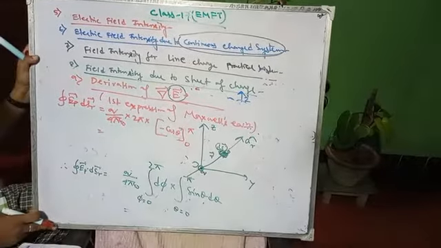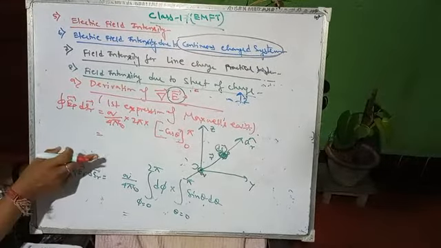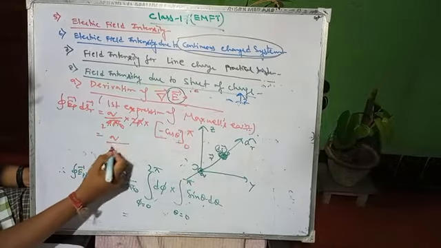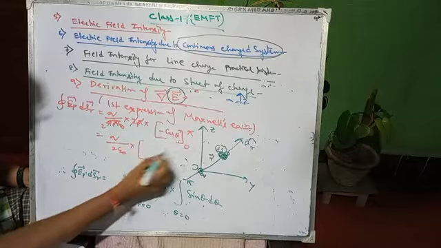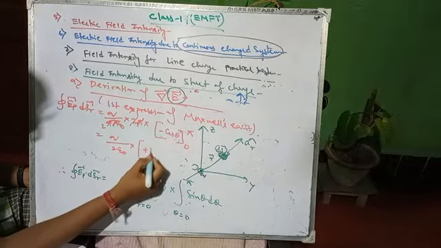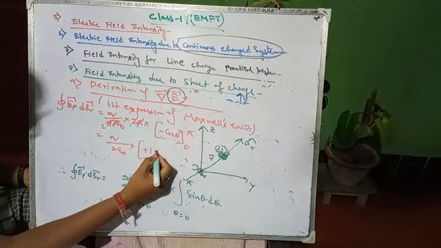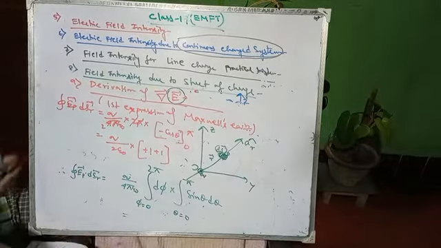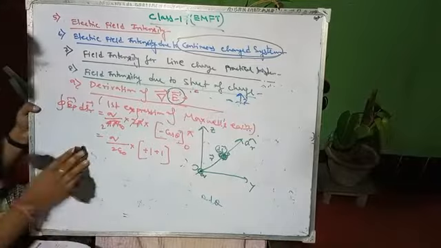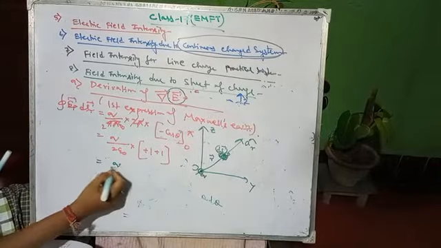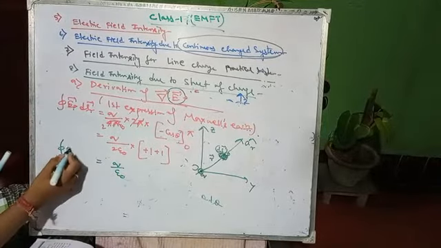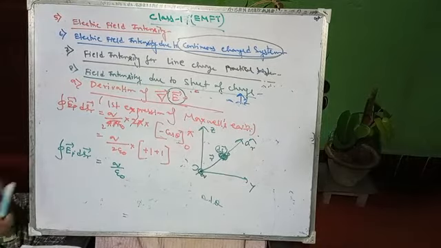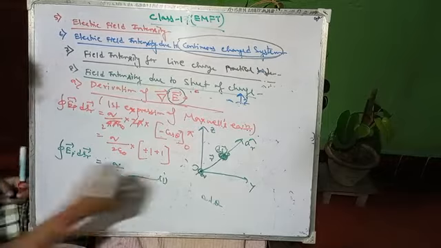So minus cos pi means what? Minus cos pi means 1. Again, q by, 2 pi into 4 pi, 2 will remain, 2 epsilon naught, into minus cos pi, which means minus of minus, that is plus 1. So there are 2 plus 2 inside, it will be plus 2, so q by epsilon naught. So closed surface integration of E vector dot dS vector equals q by epsilon naught. Make it equation number 1.